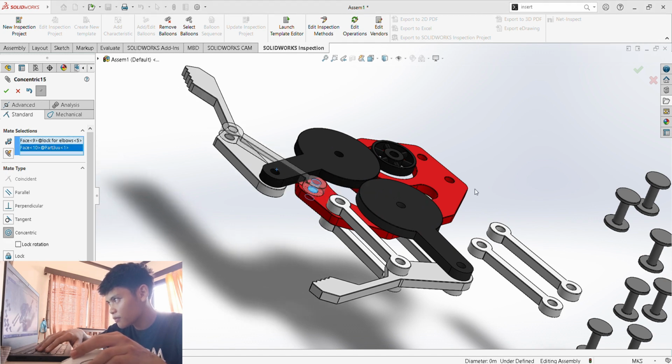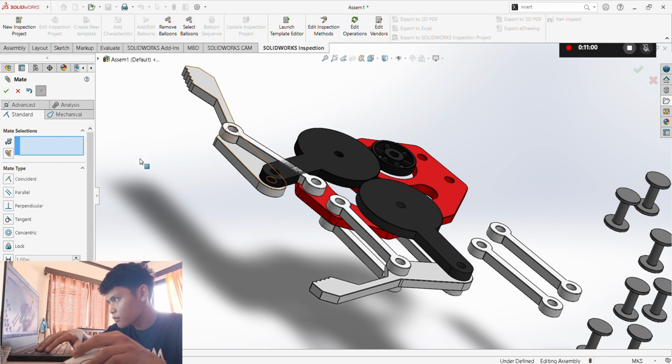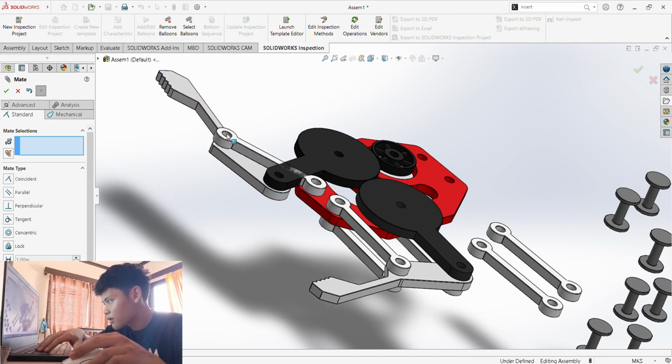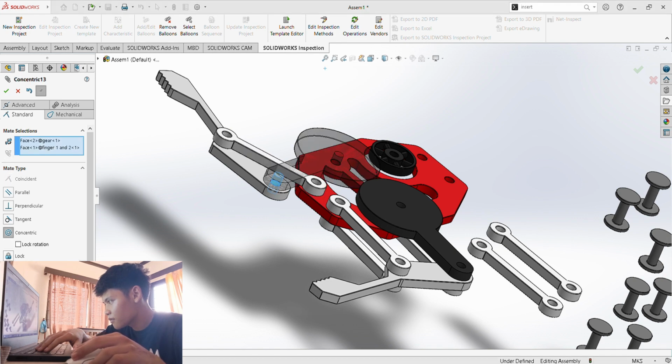Check. Let's first remove this relation right here. So here you can see the mates that we have made.